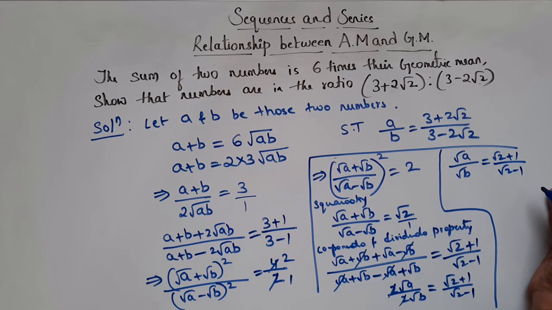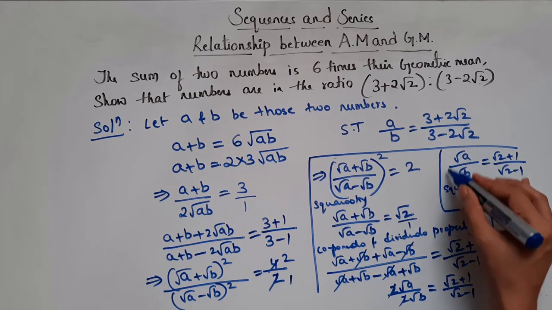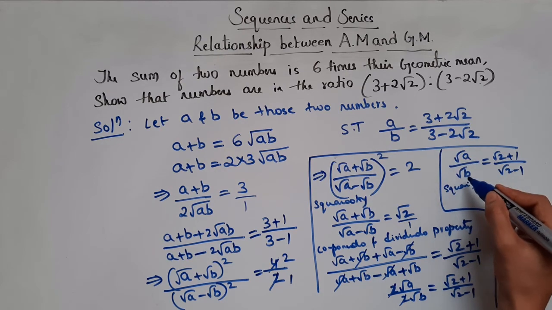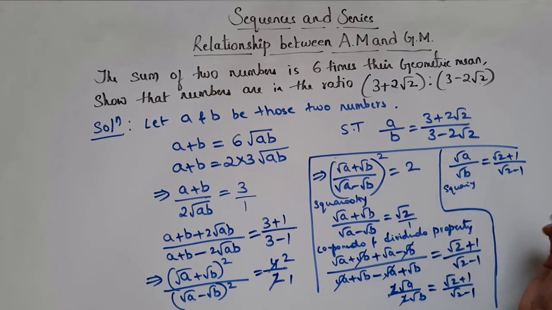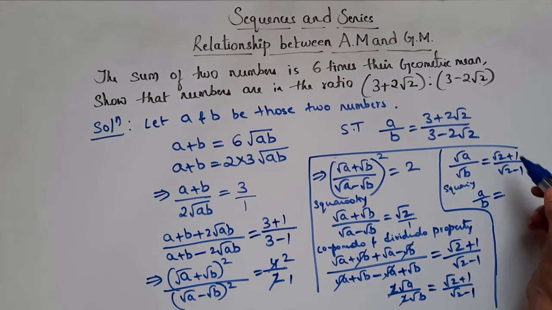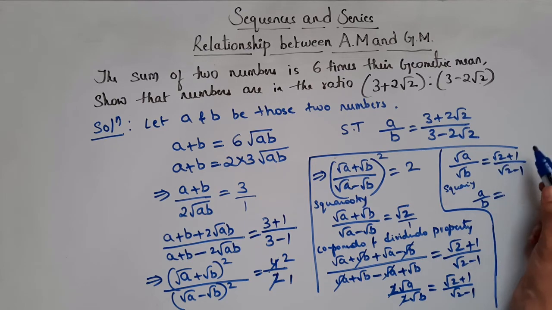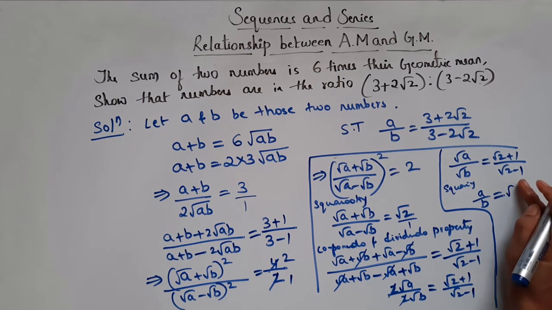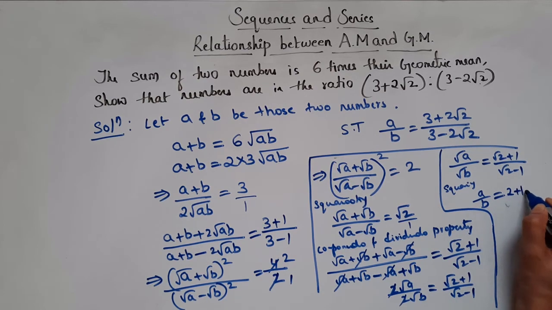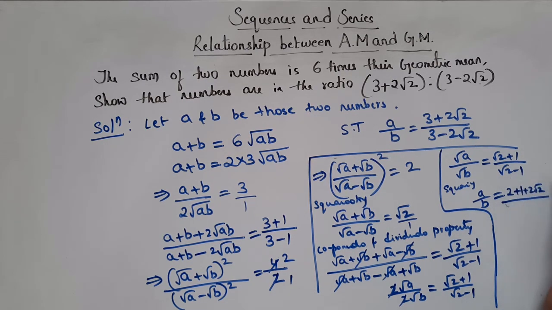So now let's square both the sides. By squaring, the left hand side will be root a by root b the whole square. So square root and square will get cancelled. We are left with a by b, right? Which is equal to, when you square on the right hand side, that is a plus b the whole square, so root 2 the whole square, so 2 plus 1 plus 2 into root 2 into 1, by a minus b the whole square.